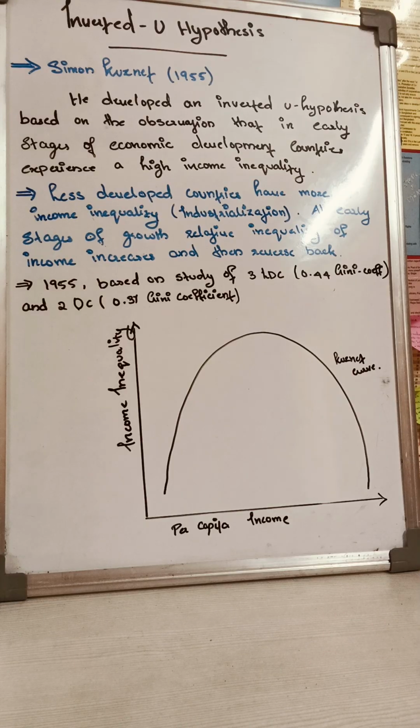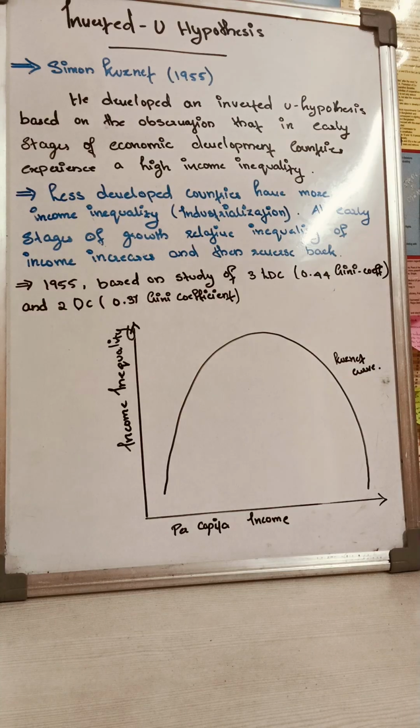At the early stages of growth, the countries experience income inequality because of industrialization. Most of the resources are directed towards people who prefer to save and invest more, and physical capital becomes important at the early stages of development. When the country progresses, this changes as human capital becomes more important than physical capital, which reduces the income inequality.